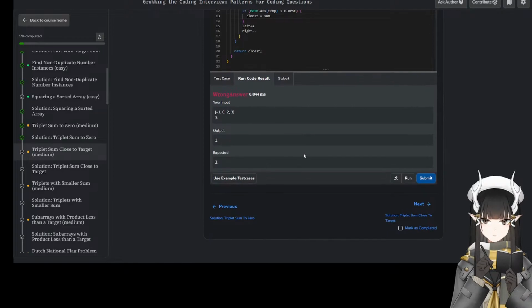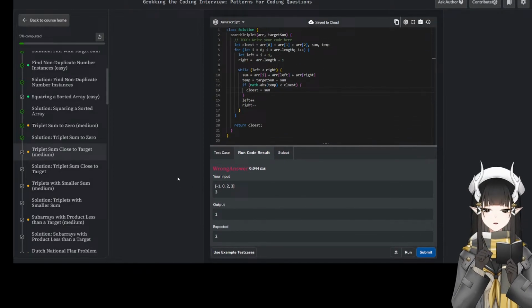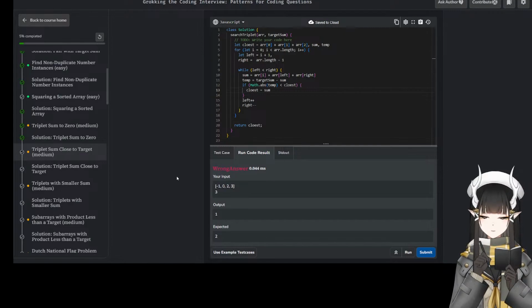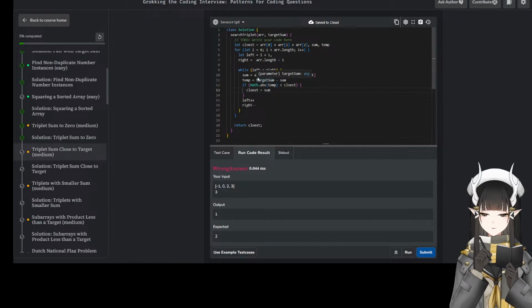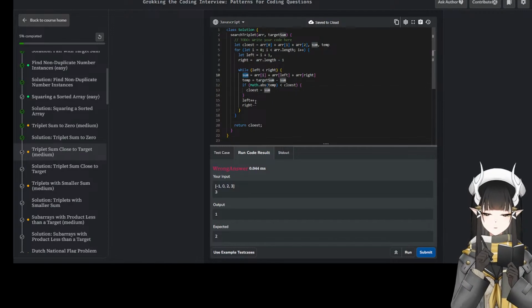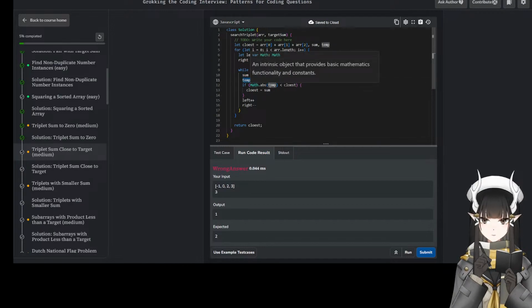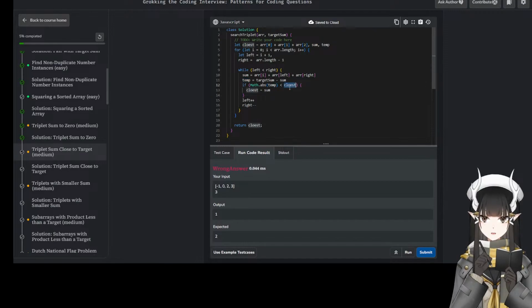Run again. So we know sum is 2 now. Temp is equal to 3 minus 2, which is 1. Math absolute 1. The closest initialize is 1, 0, 2.